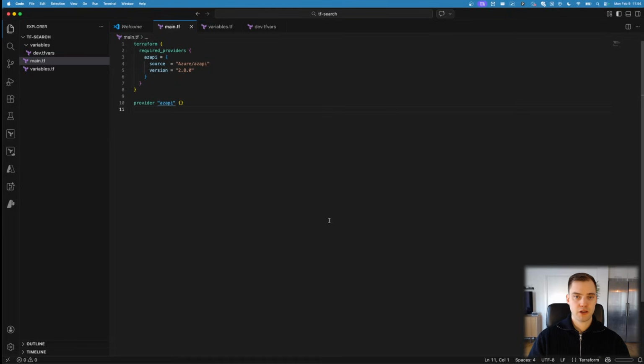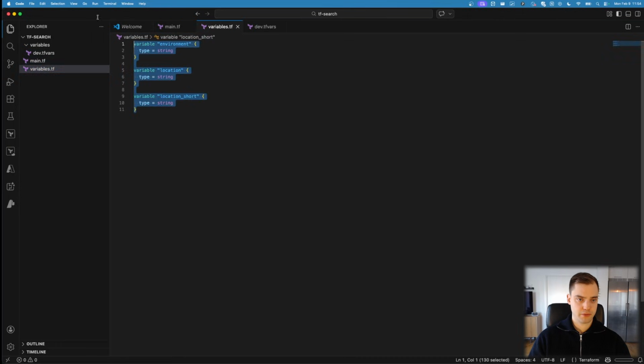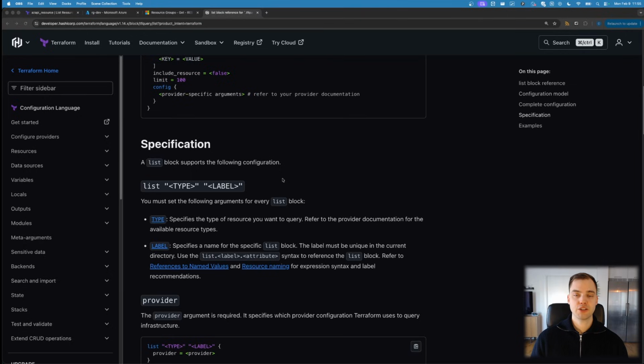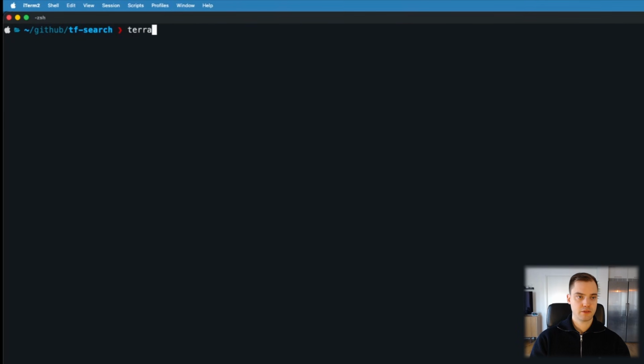So I have gone ahead and bootstrapped a new project here. It's called Terraform Search. I've just added the Terraform block and the provider block, as well as some variables that I want to use, and also a variable file. I should mention that in order to follow along and actually use this Terraform search function and to work with the list blocks that we're going to look at in a bit, you have to have Terraform version 1.14 or later. To find out which one you have, you can write terraform --version. I have